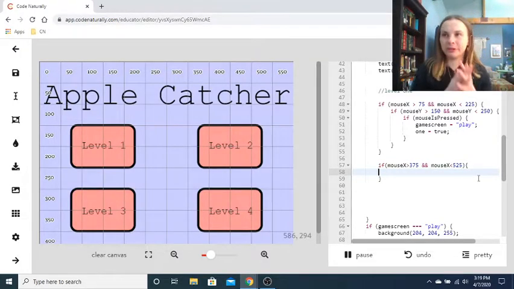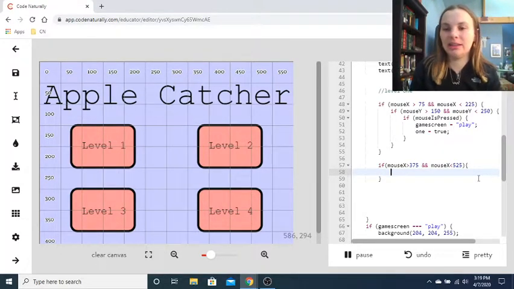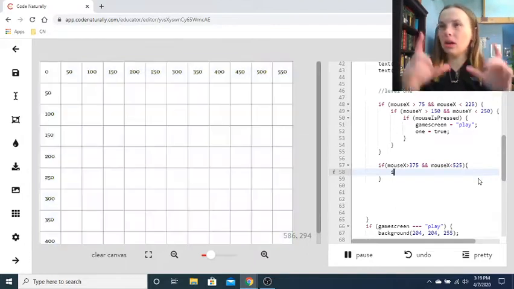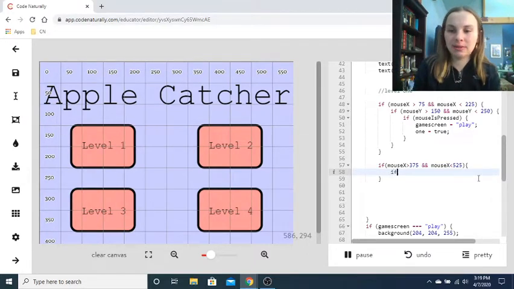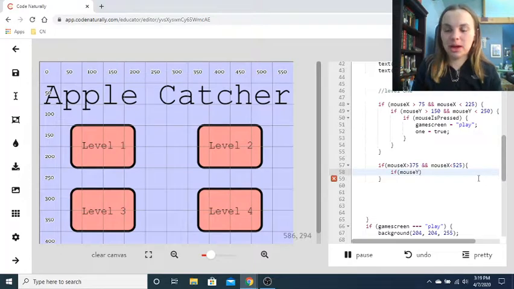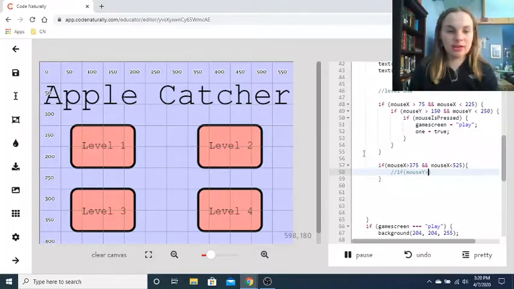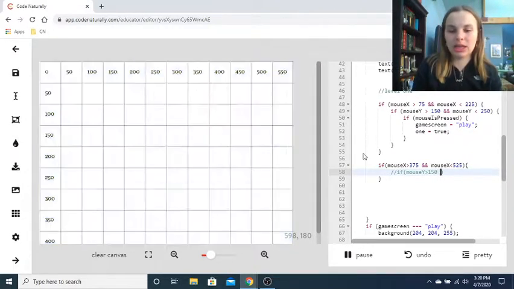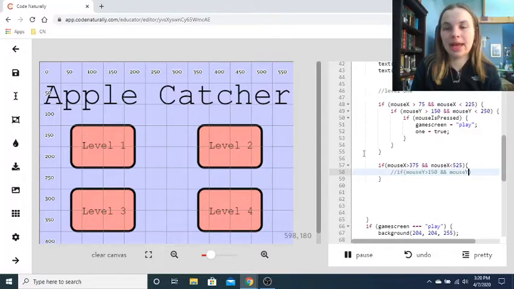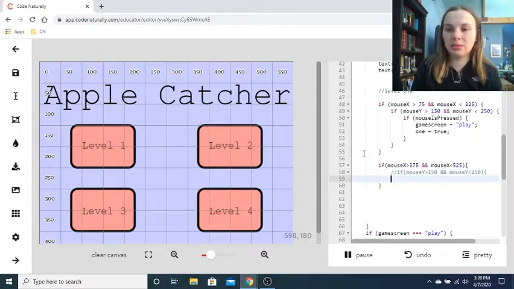Okay, so I have my first condition for my button, so make sure that you add in the next one. So it should be 3 all nested together. So if mouse capital Y is greater than, give it a second, is greater than 150 and mouse capital Y is less than 250, then what we want to happen